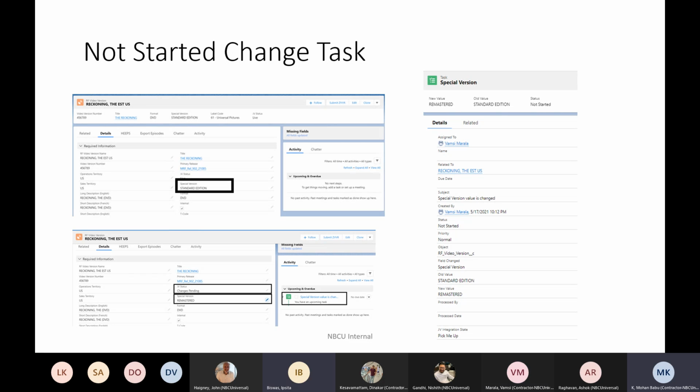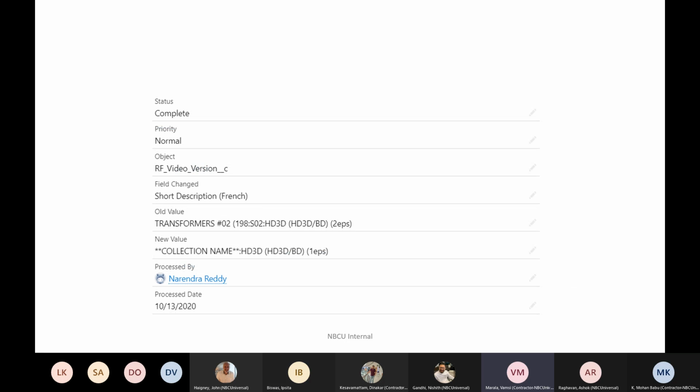So Vamsi, if I understand this correctly, this is more like: this is changed and now JV has to pull this. Yes, they are pulling these tasks and they will check and update whether they can cancel that one or complete that one. So then that means this is not for a normal user to see, like for audit tracking or history tracking. It is for the integration to know that something has changed, you need to pull it.